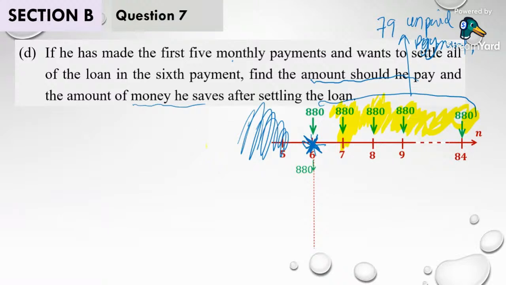If you realize, on the 6th month here, the 880, I didn't highlight because this amount here, you cannot skip the interest. Pasal apa tak boleh skip? Dia sudah due. Masa sekarang nak bayar sudah. So memanglah tak akan skip interest. So we need to consider the calculation in this way here.